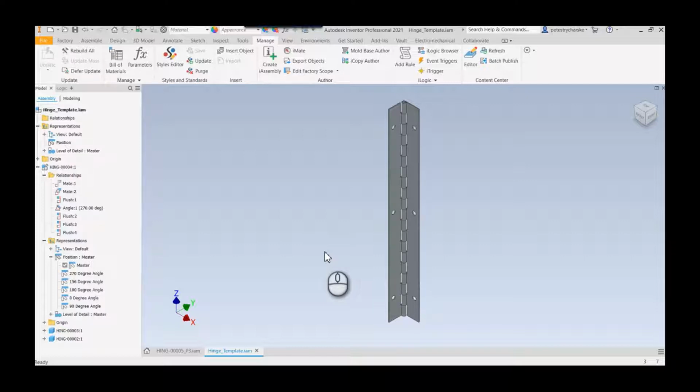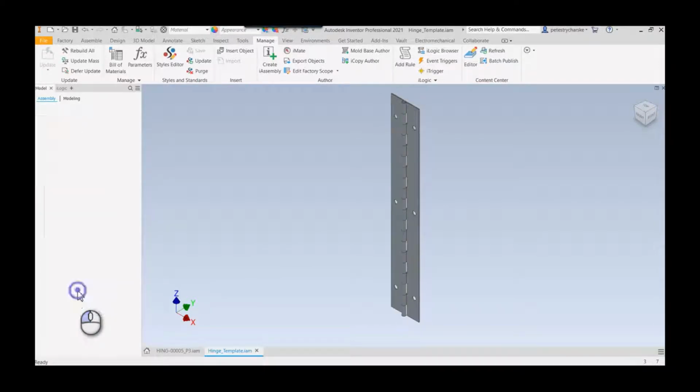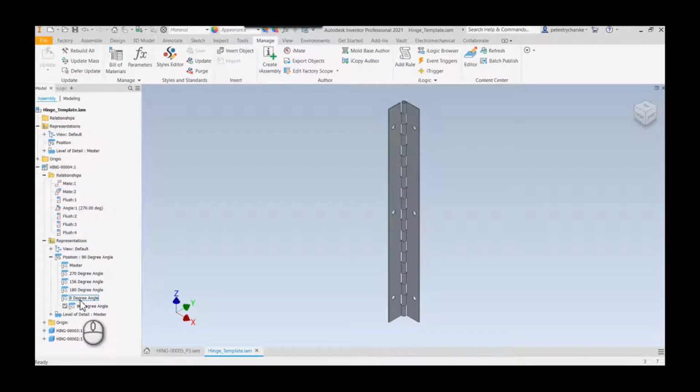It's been crazy, but yeah, I wanted to get back into the video spirit here and share an interesting scenario that popped up in tech support recently, where a customer had a subassembly that they were manipulating using positional representations to control it. But what ended up happening was this hinge is used in lots of different applications and lots of different attachment techniques. So they wanted to take their hinge subassembly, move it up to this upper level assembly